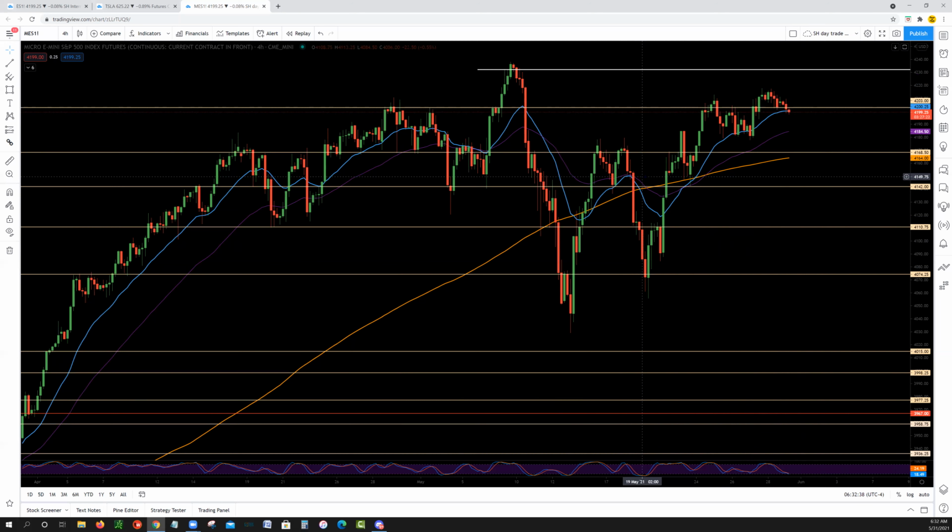Because from roughly, you could almost say the 19th of May, you could almost say that, right? We've been getting lower highs, lower lows. And so we'll see if this pulls back down. So that's what I'll be watching on the MES. And so the lines: 4168, 4142, 4110, 4074, and I'll zone these all out. It just takes time to do it,